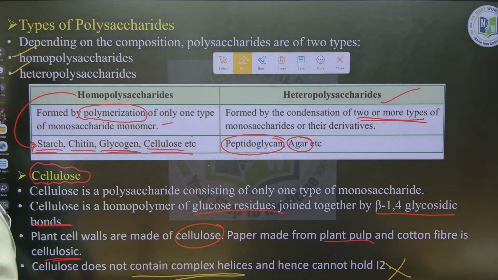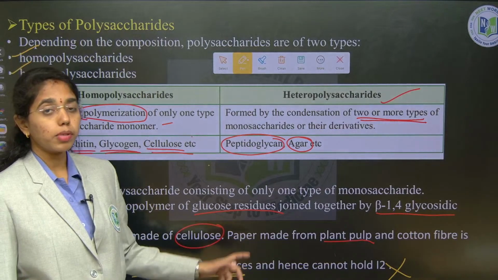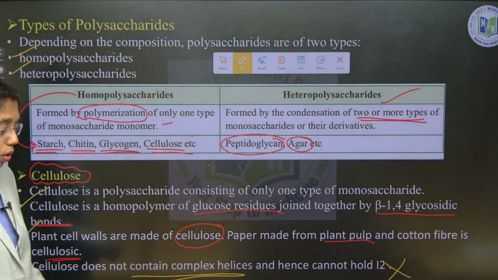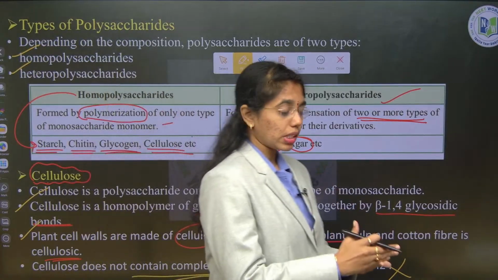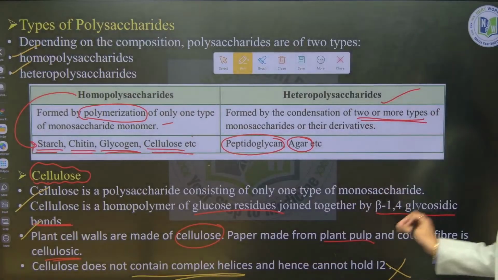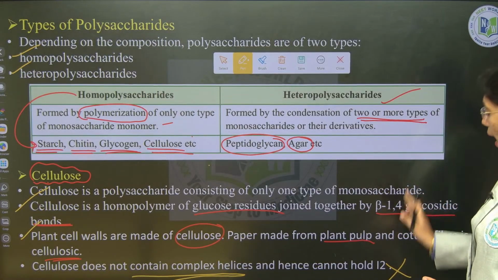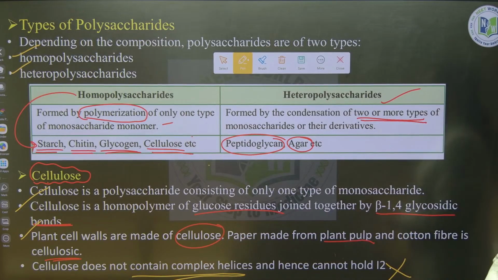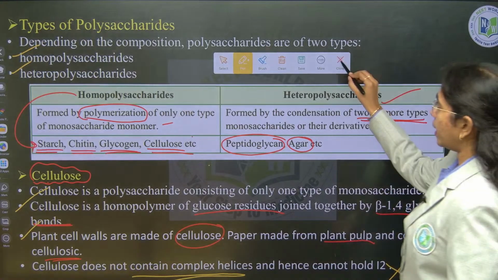Fine, right? And these are the direct liners of your NCERT. Cellulose is the main composition in the plant cell wall. Of course, the plant cell wall will also consist of hemicellulose and pectin, but cellulose is the main composition. Paper is made up of plant pulp and cotton fiber is again cellulosic. Till here everything is clear, and then we will see